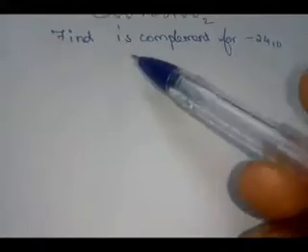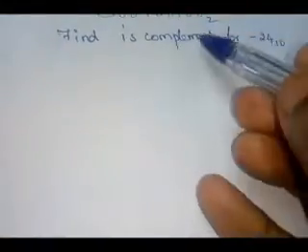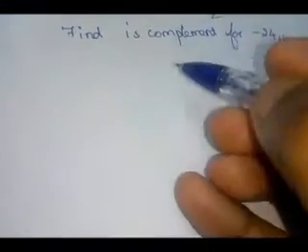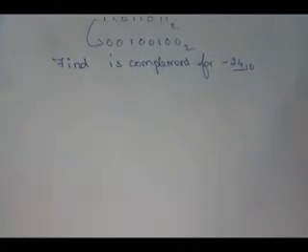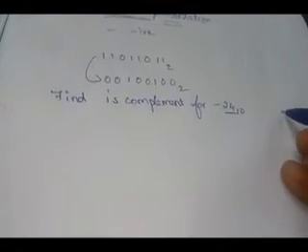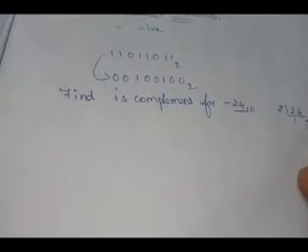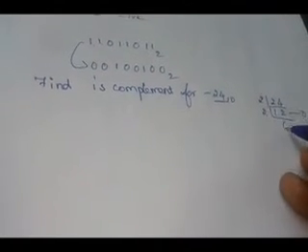Now we will see one problem based on 1's complement. Find the 1's complement for minus 24. How? First we want to convert this 24 into binary. How can we? By the repetitive division by 2 method. Then 2 1s are 2, 2 2s are 4, remaining 0. Then 6 2s are 12.